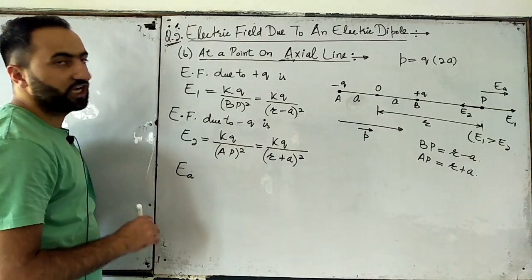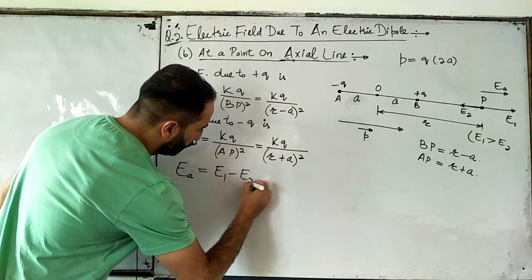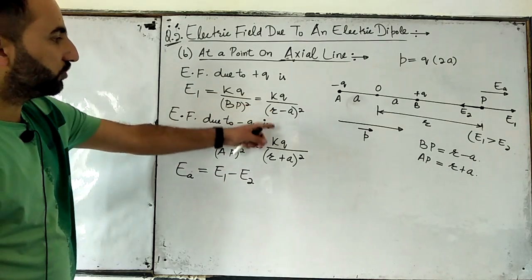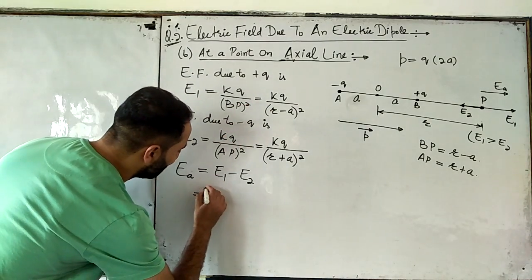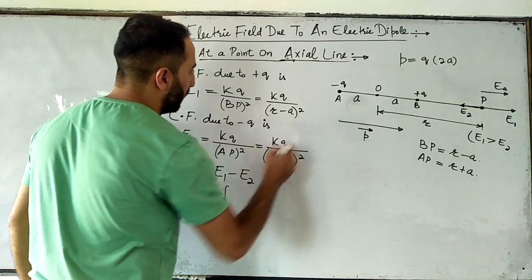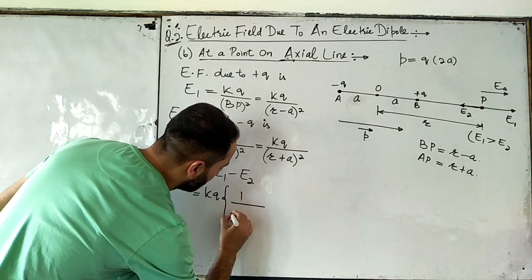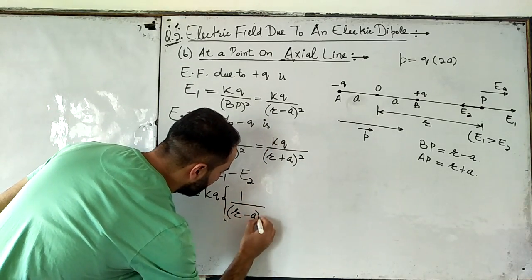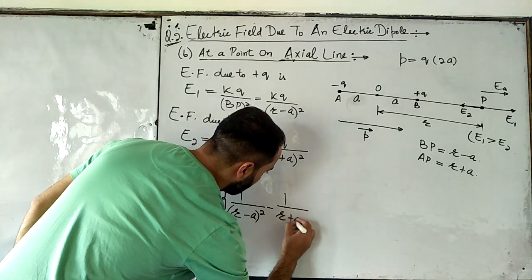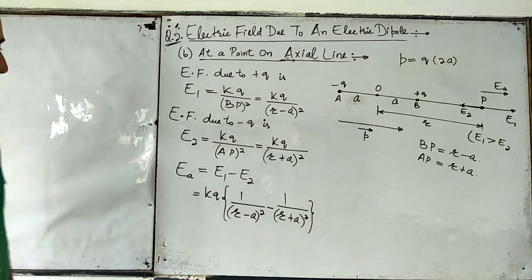ठीक है बेटा। So EA is the net electric field at the axial point, that is obviously equal to E1 minus E2, ठीक है ना बेटा, E1 minus E2. Now you see, among the E1 and E2 this KQ is common, so I can write it like this: K multiplied by Q, and then what we are left with is 1 divided by R minus A whole square, ठीक है ना बेटा, minus, यहाँ मैं क्या लिखूंगा बेटा, यहाँ आएगा बेटा 1 divided by R plus A whole square, fine, ठीक है ना बेटा।